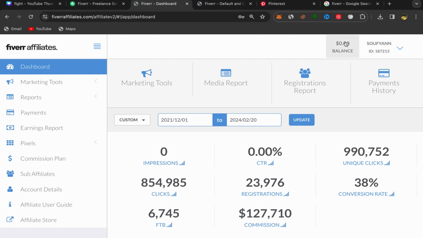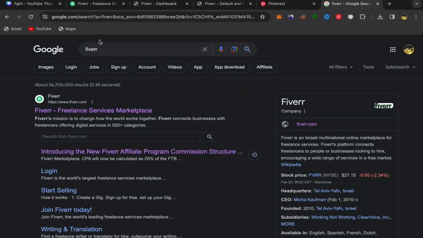For people who will ask why it's showing $0 in my balance, it's because I withdraw all my money to my PayPal account. If you start this business, when you withdraw your money, it will show $0 here. Anyways, for people who want to start making some money with Fiverr affiliate, what you need to do next